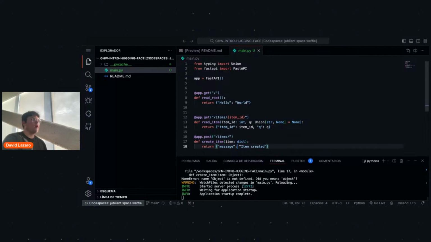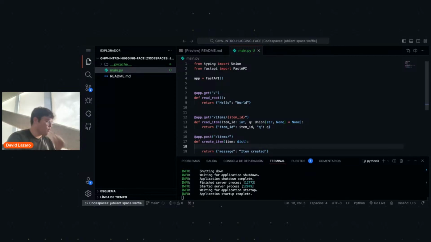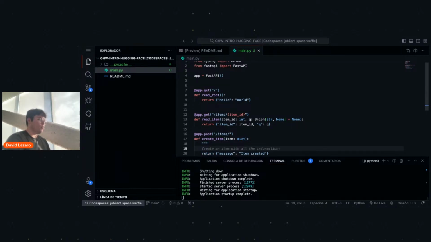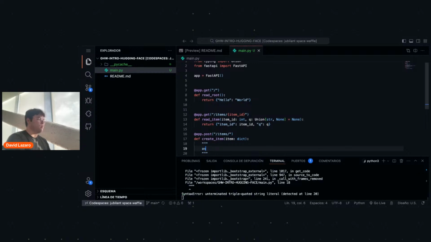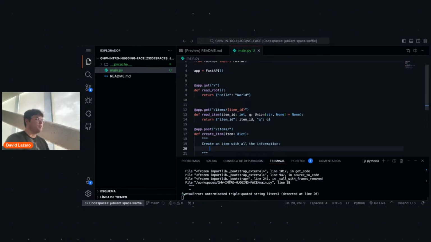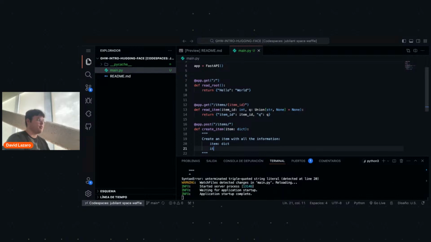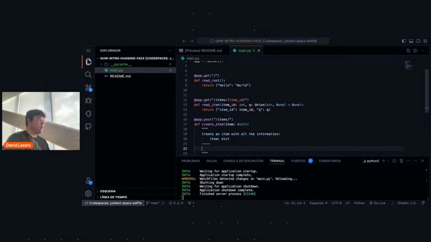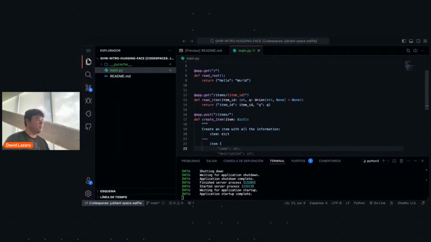In this case, I think our item is going to have something like this. I create an item without information, and the item is going to be a dictionary, but it is going to have the following shape. So we're going to do item, and let's start this by saying